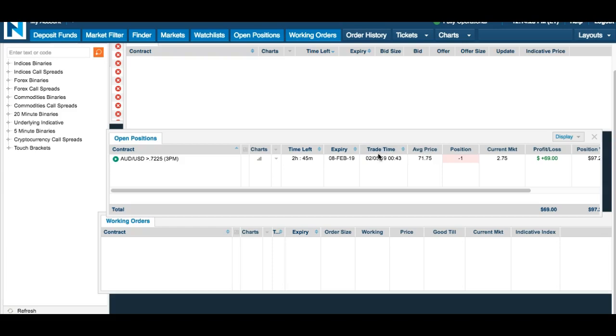So, almost over 2-to-1. Okay, so we'll just call it $30 risk. I'm standing to make right around $70, so that's over 2-to-1 risk to reward on Nadex, which is a very important concept to grasp, to try and get at least a 1-to-1 risk to reward, because the majority of the,